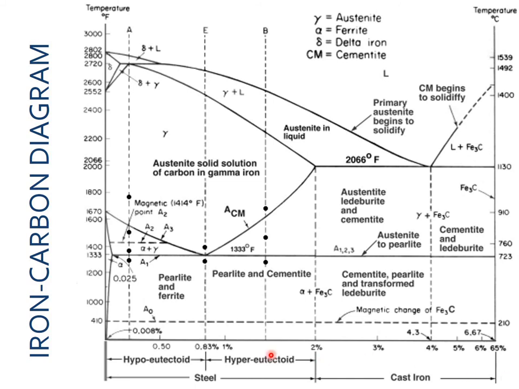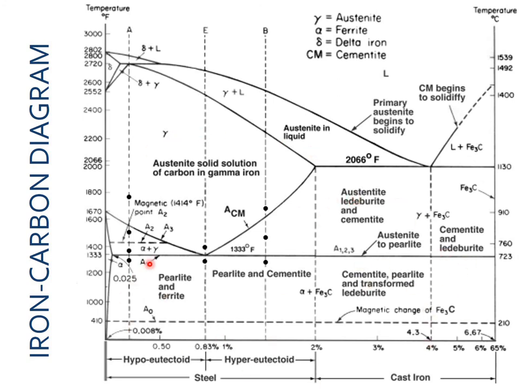Just for information, if we increase the carbon content, the strength of the steel is increasing. However, after adding carbon beyond 2%, the strength decreases, because the carbon changes its structure to graphite and starts forming graphite. So the strength of the steel is decreasing, and now it won't be called steel; it would be known as cast iron.